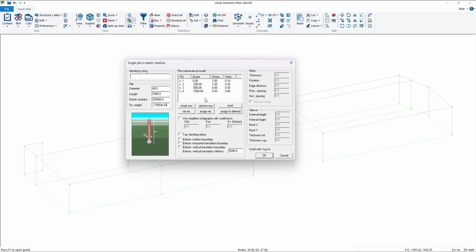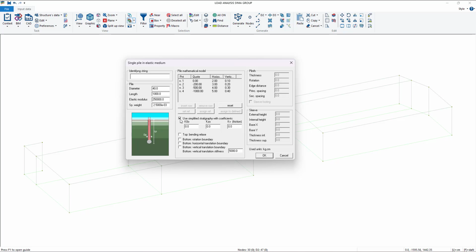Of course, you can insert rows and remove rows to modify this. And here you have some different options, especially for boundaries on the top and bottom of the pile.